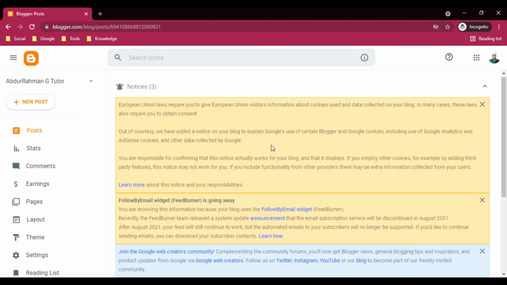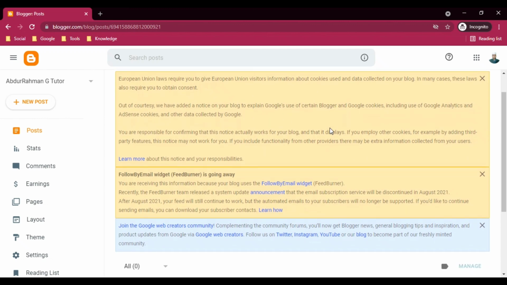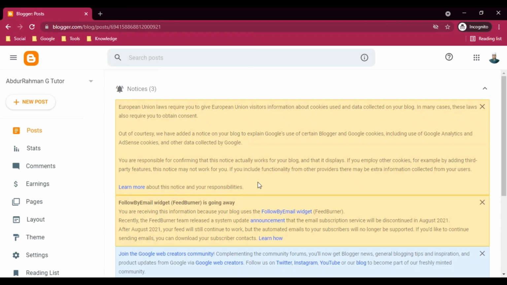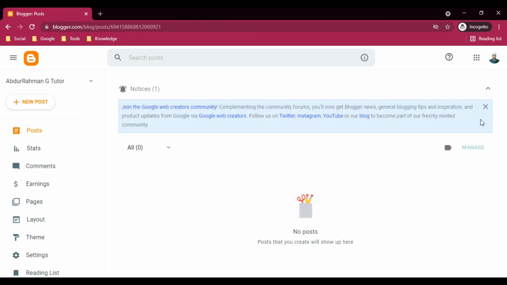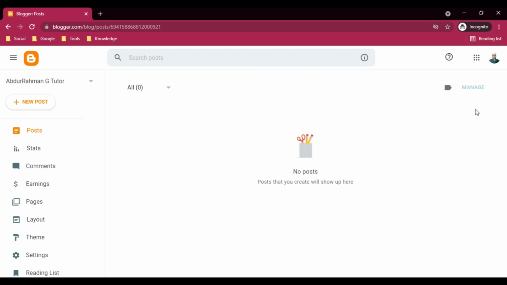After that you will get these notifications. Okay, there will be 3 notifications. So what you have to do is read these notifications. After reading, just close it. After reading these notifications also just close it, and just close this one also. This will create some space and this will look clean. That's why I am saying to dismiss, meaning close, the notification.